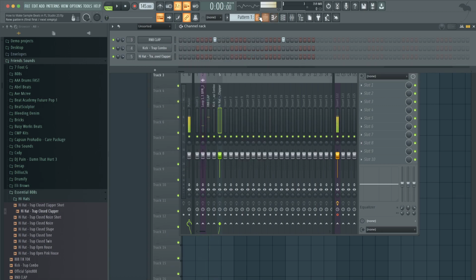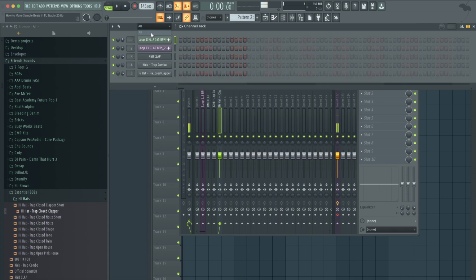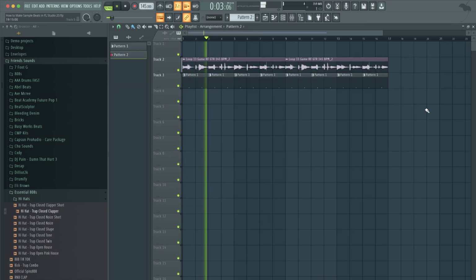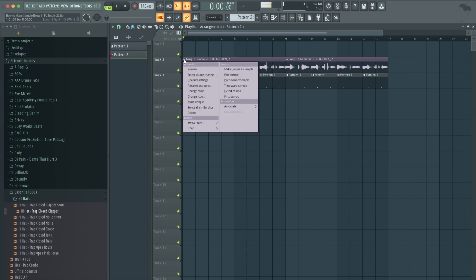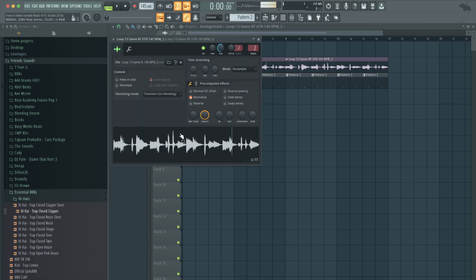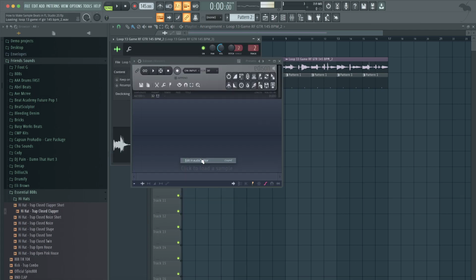Okay, so the next thing with this type of loop specifically is we want it to feel more upbeat, to sound more up to speed. Another thing you could do, which is just a side trick for all those who want to make their sample sound like Drake-ish, you can go to the top left, go to channel settings. You could right click the audio, hit edit in audio editor.